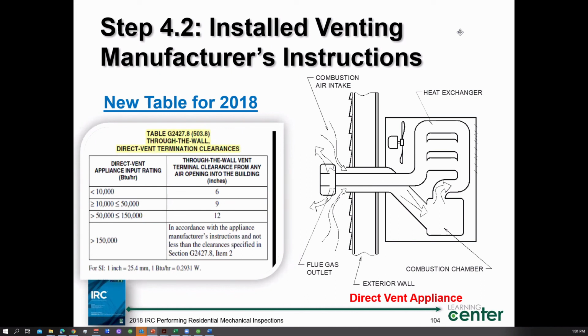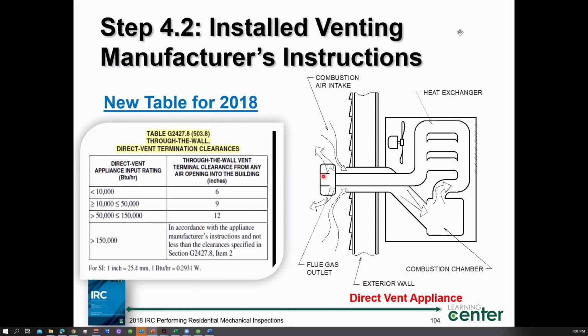So this is called through the wall direct vent termination clearances. As an inspector, you're going to look where these terminations occur. You see this right here? Can I terminate near any windows or doors? Well, you're going to look at the input rating of the appliance first in the left-hand column, and then you're going to look at your terminal clearance from any building opening, like a wall, like a window or a door, things of that nature. As you can see, as your input rating ramps up, your distance gets further and further